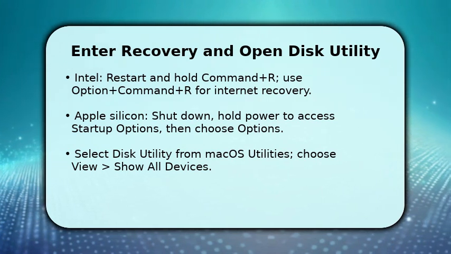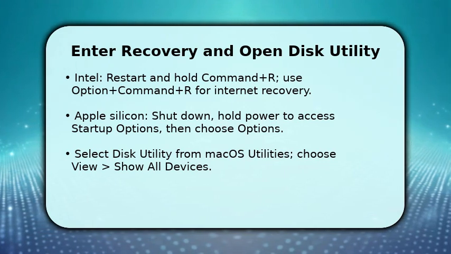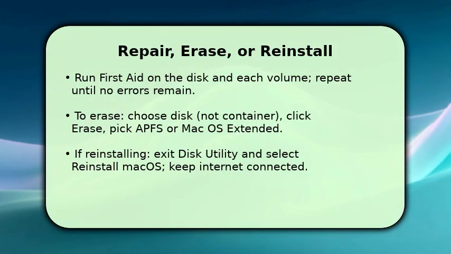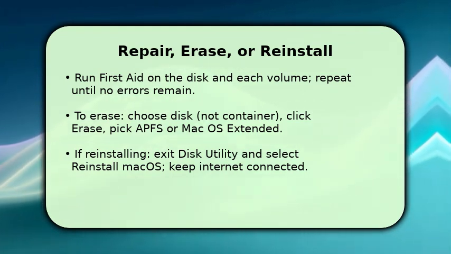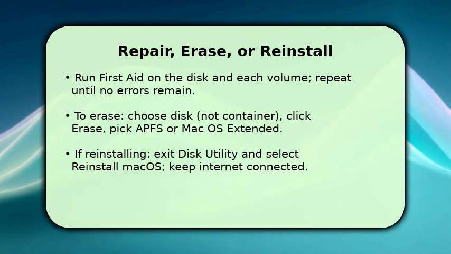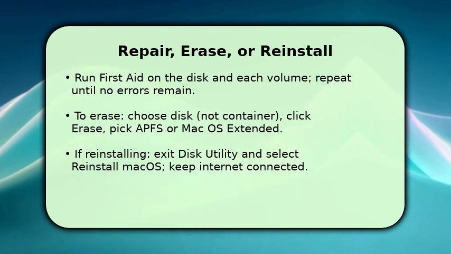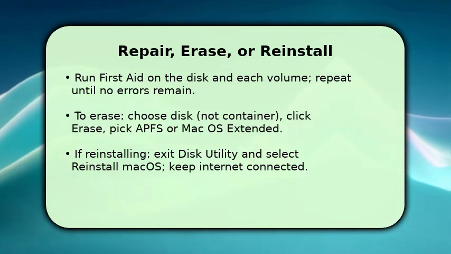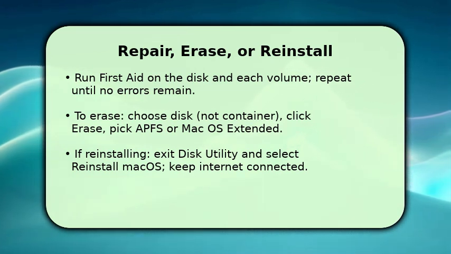You finish by deciding whether to repair, erase, or reinstall. First, run First Aid on the physical disk and every volume. Rerun until it reports no errors. If erasing, select the top-level disk, not just a container. Click Erase, choose APFS for modern macOS or Mac OS Extended for older systems, name the volume, and confirm. If you plan to reinstall, quit Disk Utility and choose Reinstall macOS. Keep your network active. If recovery won't load,